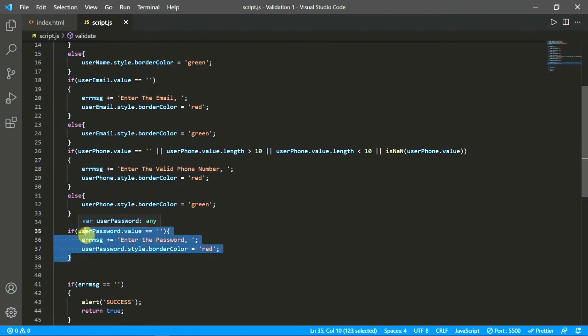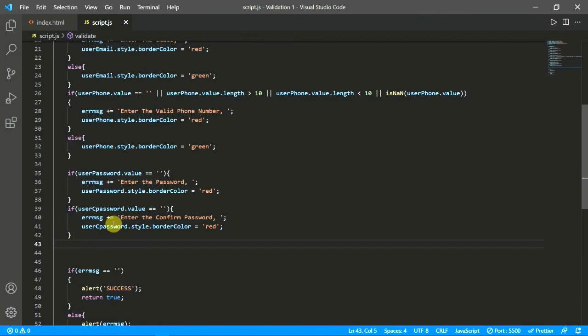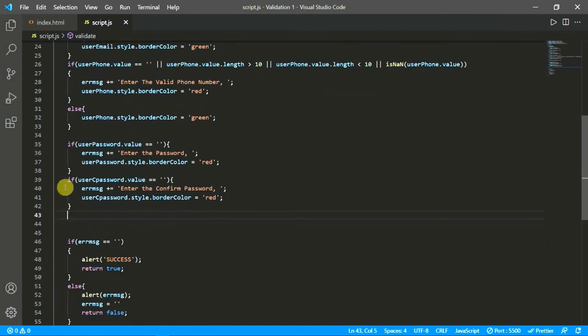And then again for the confirm password we will just write the same thing, enter the confirm password. Now if our user's password is empty, we will get an error. If confirm password is also empty, we'll get an error. Now we have to check if both are equal. If both are equal, only then we have to proceed, else we have to give the error.